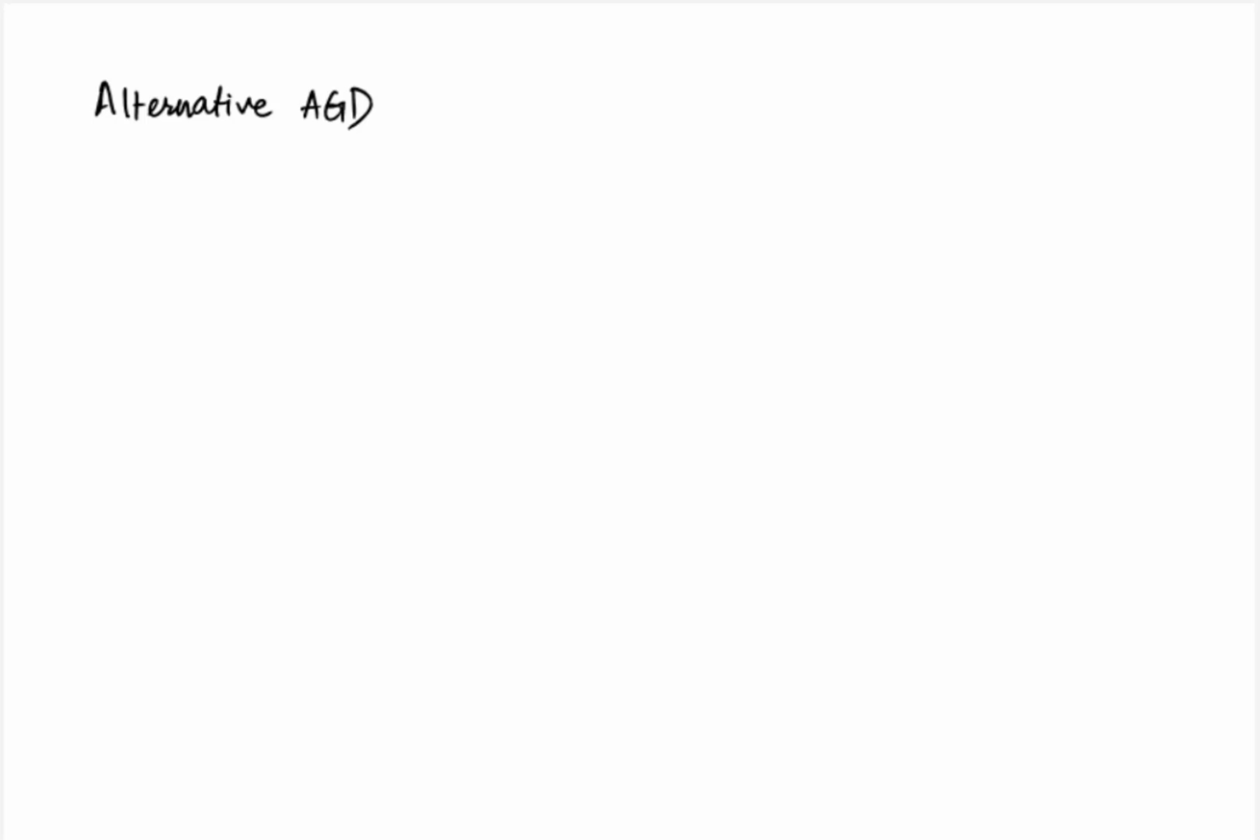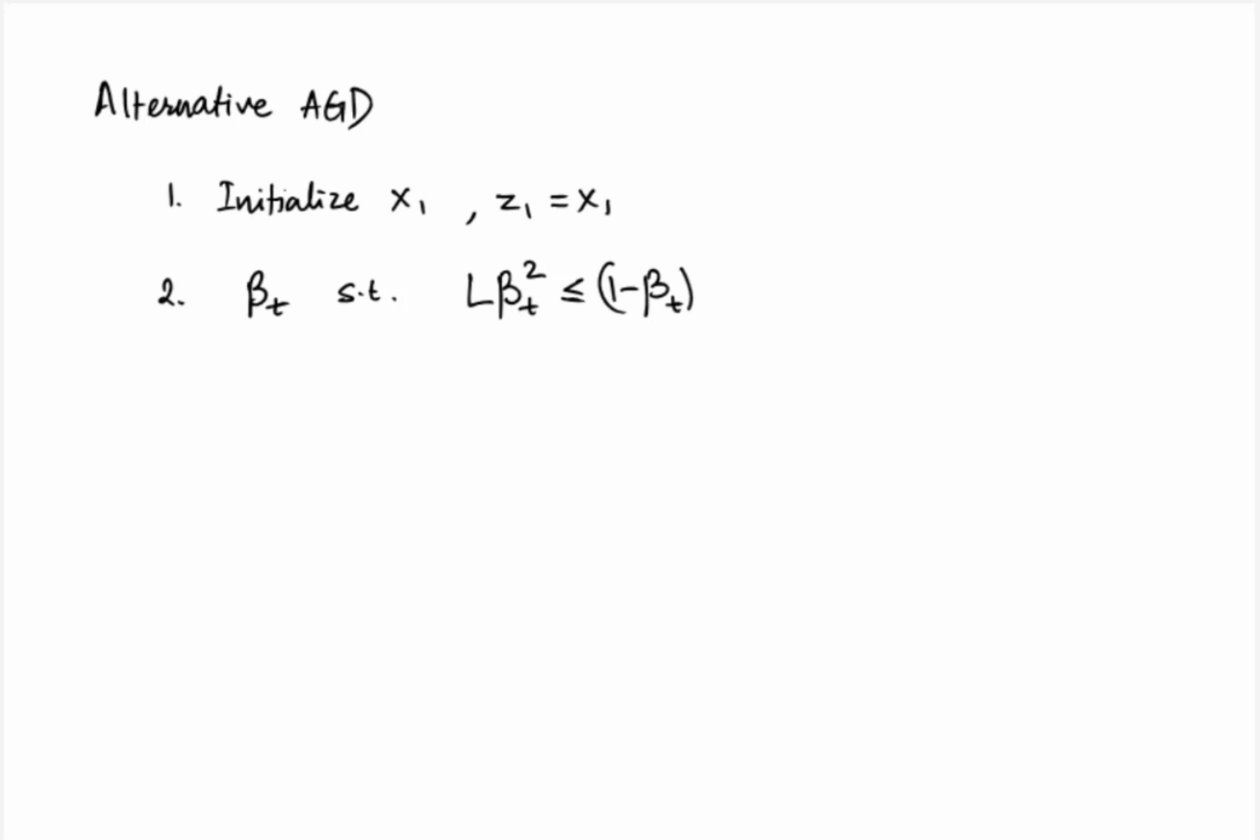In particular, we will be considering the following algorithm. So we initialize with some arbitrary x1 and set z1 equal to x1. Then at the tth iteration, we calculate beta t such that L beta t square is less than equal to 1 minus beta t into gamma t, and calculate gamma t plus 1 as 1 minus beta t times gamma t. Then the updates take the form yt equal to 1 minus beta t xt plus beta t times zt,